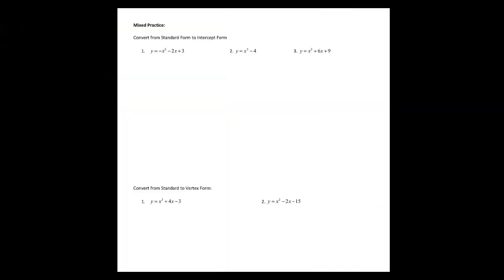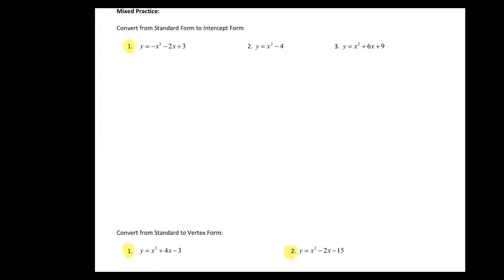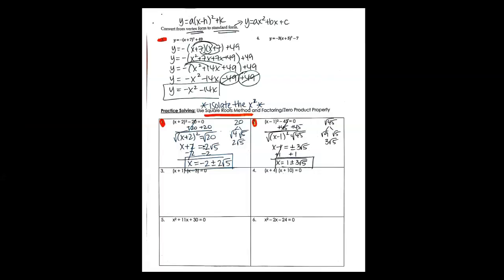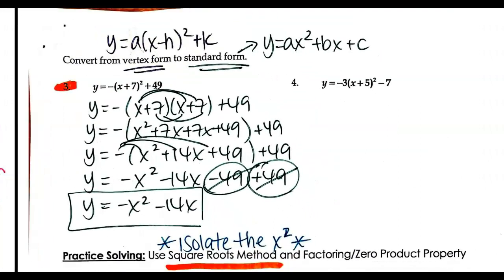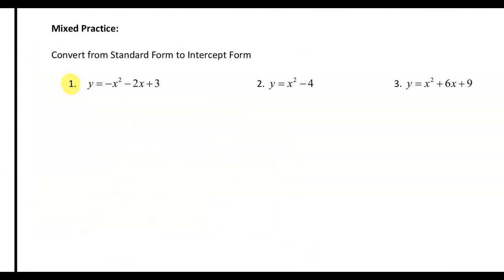We're going to go ahead and look at the last page, and we're going to look at questions 1 and then 1 and 2 at the bottom. So we're going to look at these 3 questions. If you think back to the notes that we did last time, we did actually go from vertex form into standard. So we went from having that parentheses squared into something that was ax squared plus bx plus c. Now that we've learned 2 additional forms, I'm going to have you go into 2 additional forms on your